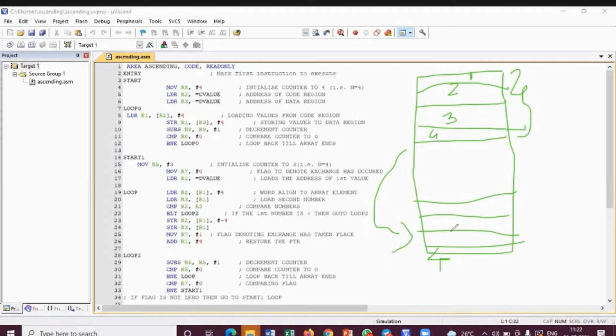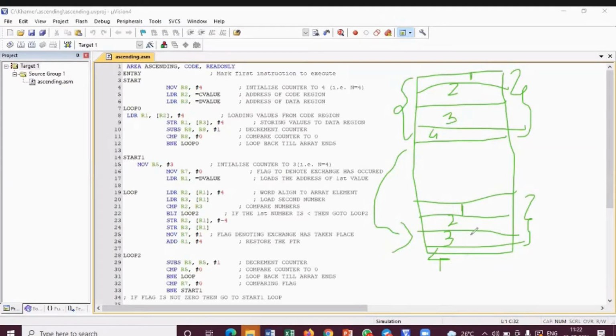So 4 is copied over here, 3 is copied over here, 2 is copied over here, 1 is copied over here. I am not touching the original part. I am first copying the numbers as it is to the second part of the memory, and over here I will perform the operations. I will first compare these both.